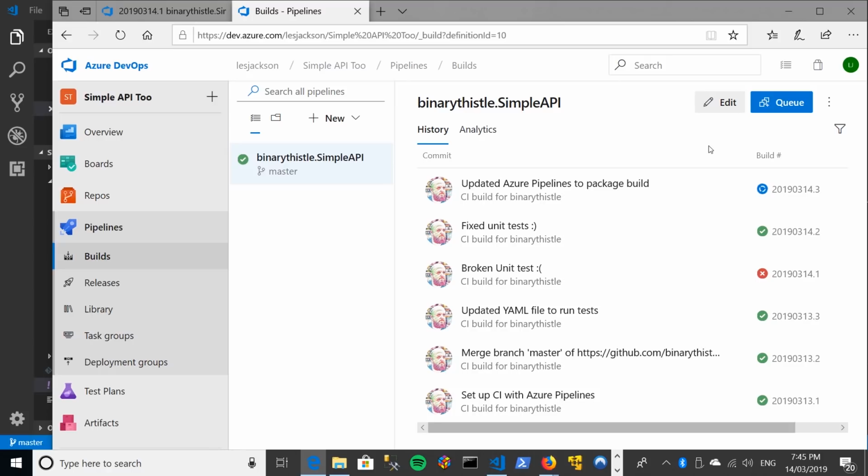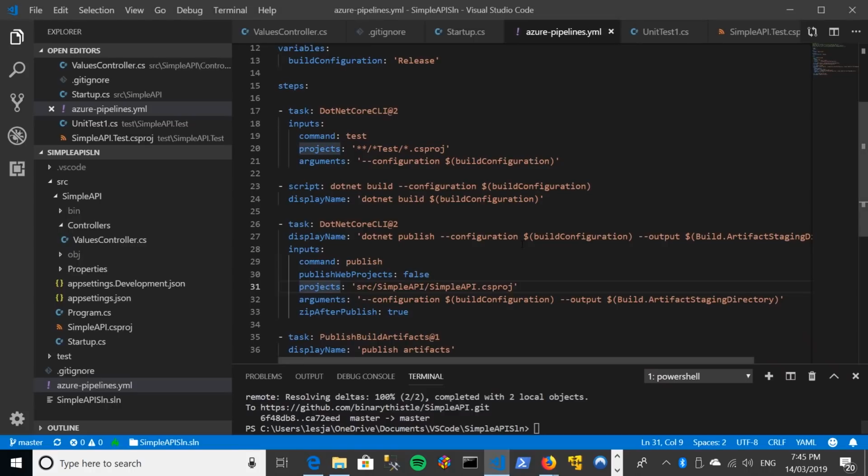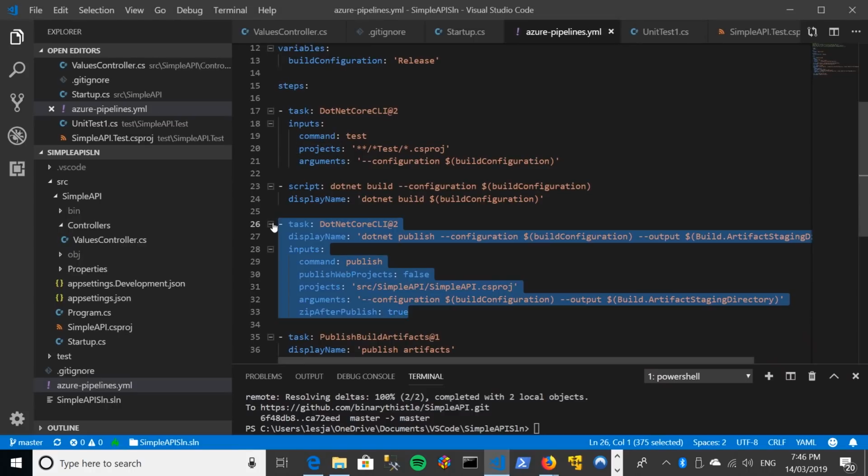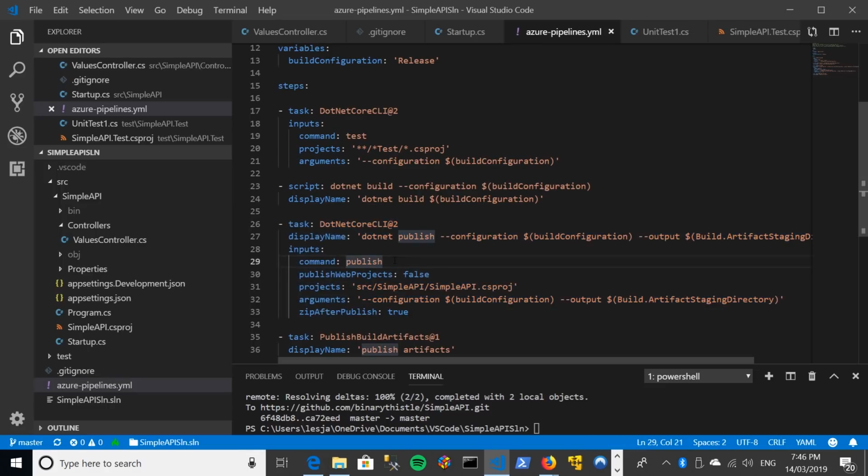So while this is building, one thing I forgot to mention as we were covering this YAML file is in this task that we've added here, which is our publishing task, we are issuing a publish command via the .NET Core command line. Cool. This second argument or switch here, publish web projects false. I spent a lot of time